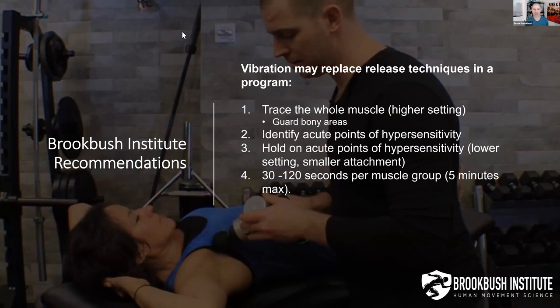So here's our current guidelines. Trace the whole muscle. Remember that vibration and trigger point release are not one and the same. We already kind of talked about how vibration has these other benefits from a receptor standpoint that foam rolling and release techniques do not. So while we use foam rolling and release techniques and we focus on trigger point release there, right? So static pressure on the most sensitive points, there might be benefit here to tracing the entire muscle